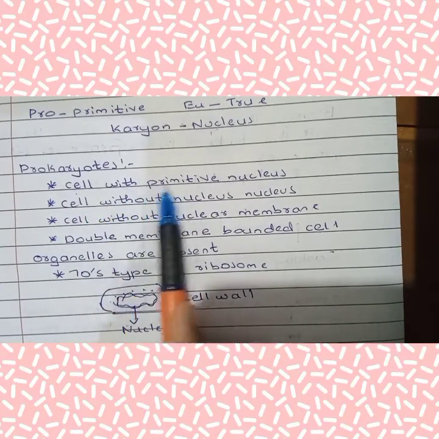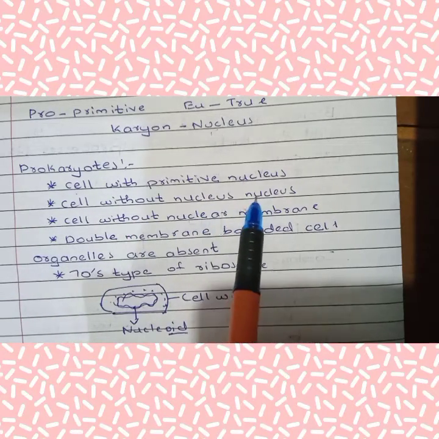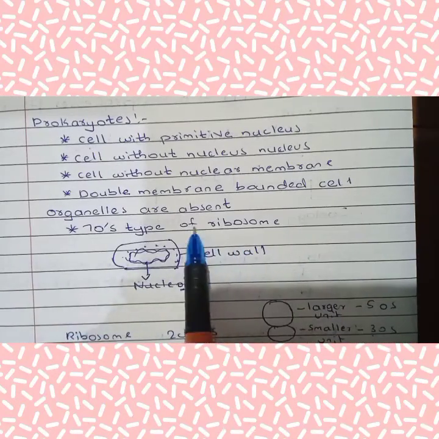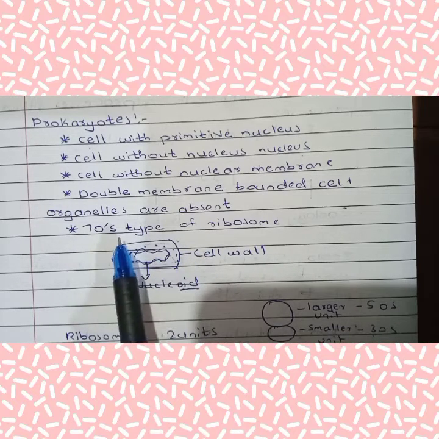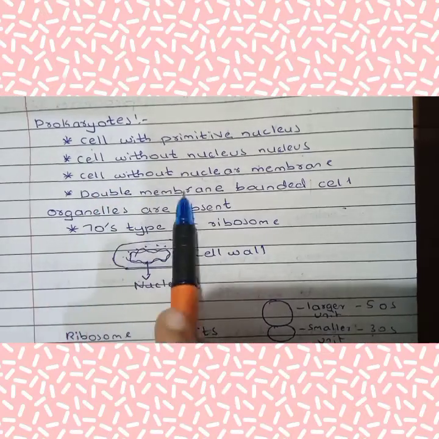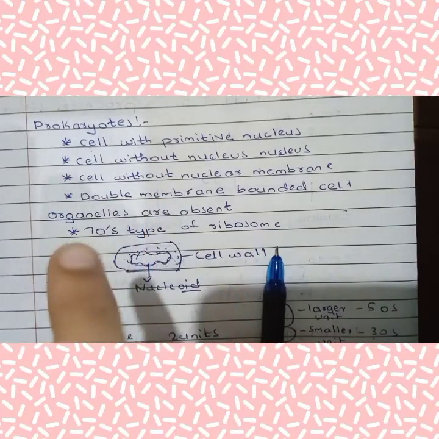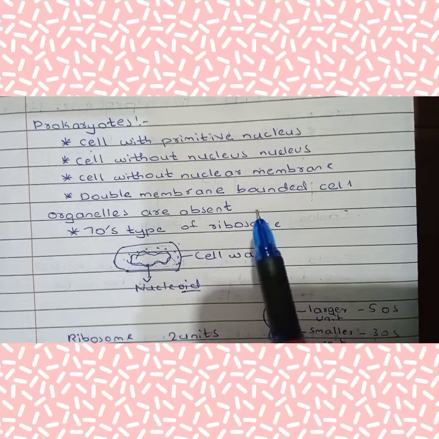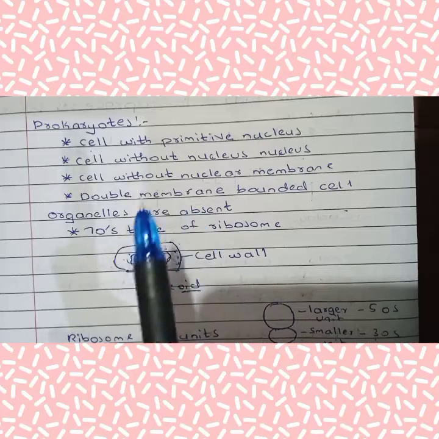Prokaryotes are the cells with a primitive nucleus, without a true nucleus. Eukaryotes have a nucleus and a nuclear membrane, but prokaryotes have neither a nucleus nor a nuclear membrane. They don't even have double membrane bounded cell organelles. What are double membrane bounded organelles? These are nothing but Golgi complex and many more. All these things are absent in